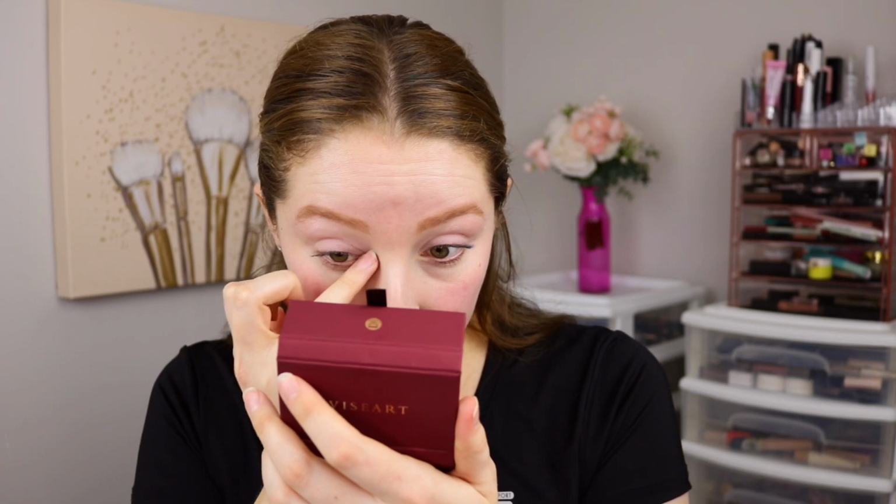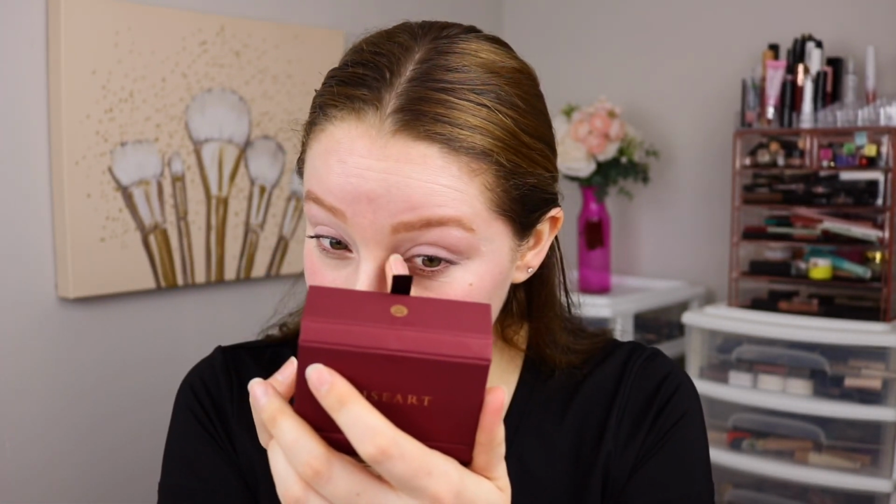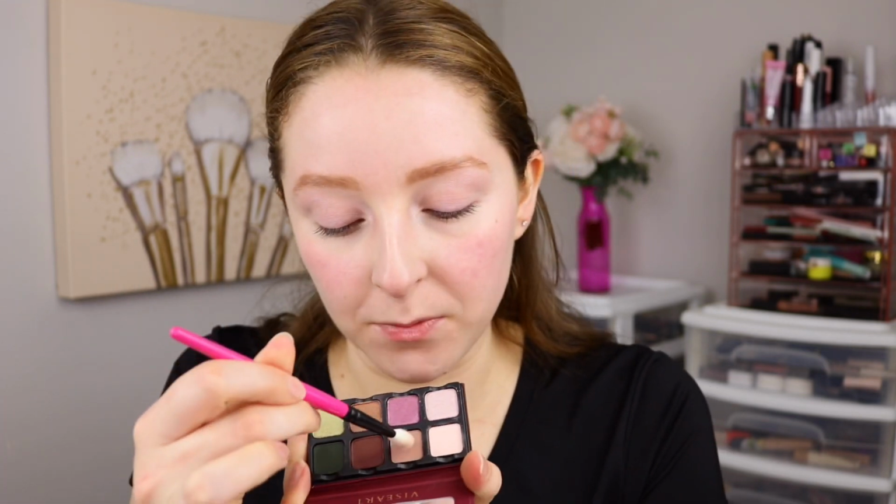And since it is so bright, I'm going to go for it and pick up some more on my finger here and brighten up this inner corner. Yeah. That is very brightening, and I love pink, so any way that I can sneak in a little extra pink into my makeup look, I'm all for it. And so now the next lightest matte shade here, this one, the mauve shade, looks like a perfect